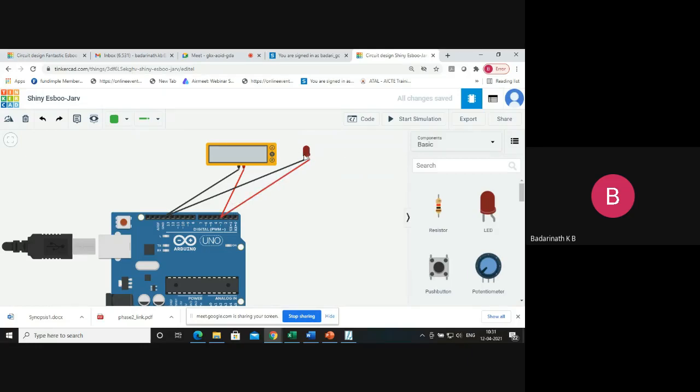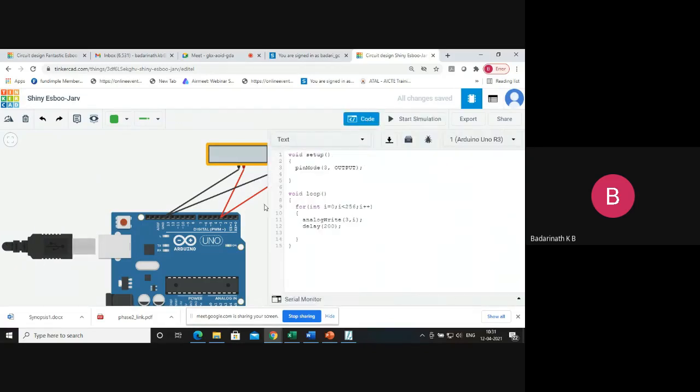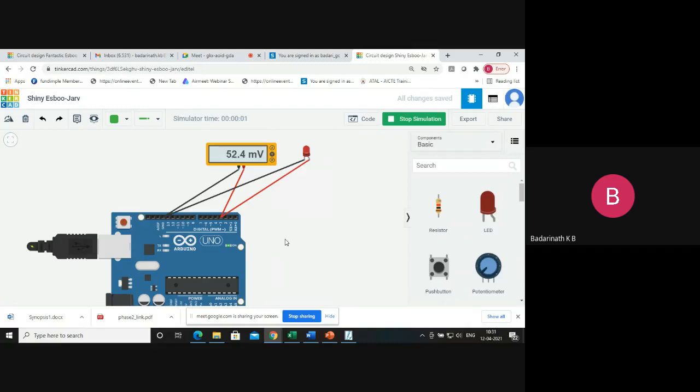Now we can see that there is a brightness change. Of course, you can notice it only minimally in the simulator, but when you put this on the board, you can see the finer changes in the brightness of an LED. I have now added the code for the 3 and the 250. So I'll simulate them. You can see that the brightness of the LED keeps changing as I change it.